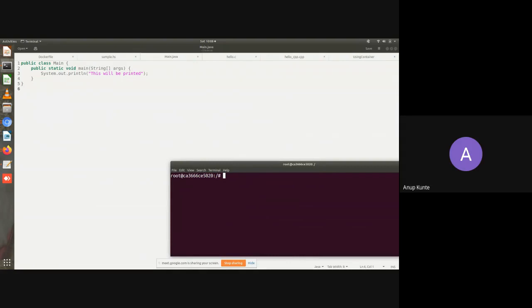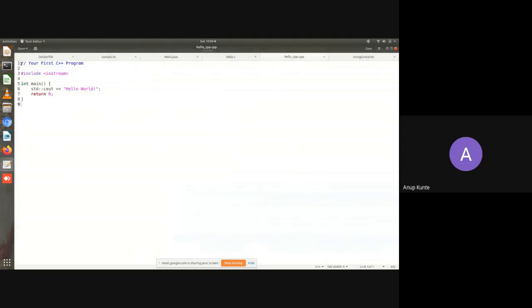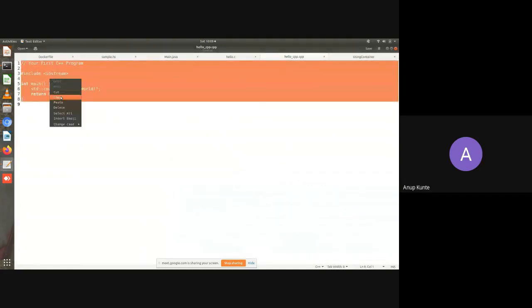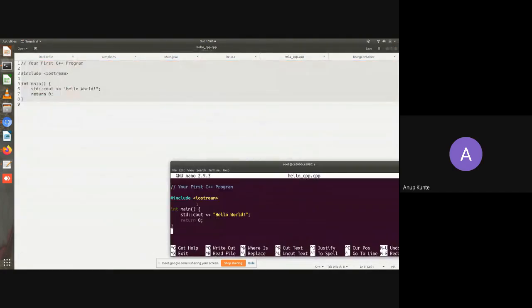Okay. Next thing is that we will see a small example code in C++. So I'll go nano, call it hello.cpp. Have that code with me. I've written small programs. You could write bigger programs as well. I've not tested a lot of programs on this, but I guess as far as our lab is concerned, whatever program we would want to do, we will be able to do it. So I'll just tell you how to do it.